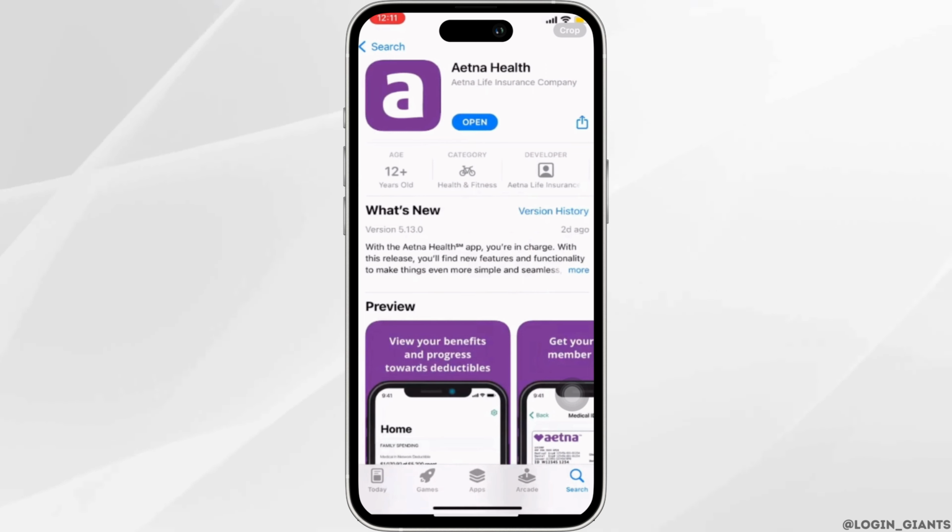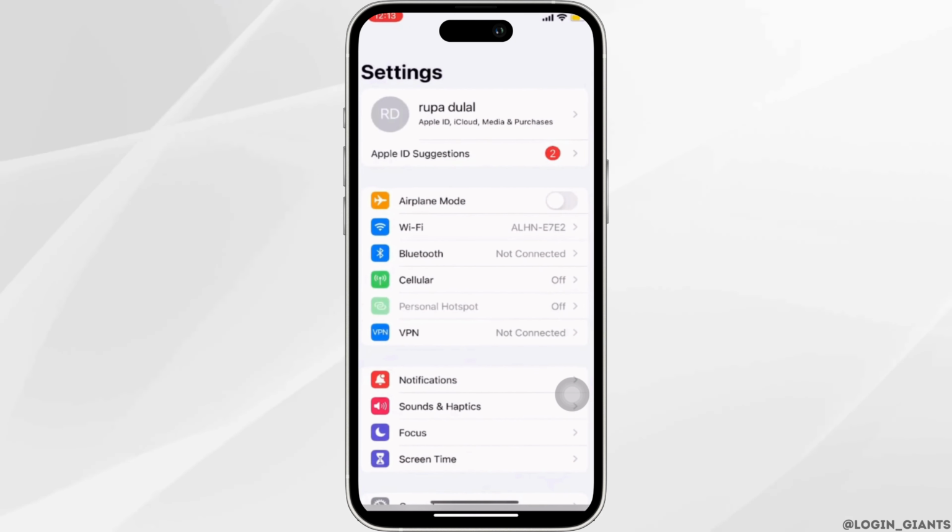Right here, instead of open, if it shows the option of update, then your application is not up to date. And it might be one of the reasons that you are facing this issue. In this case, all you want to do is tap on update and update your application to the latest version. Once your application has been updated, now the next thing you want to do is head over to your settings